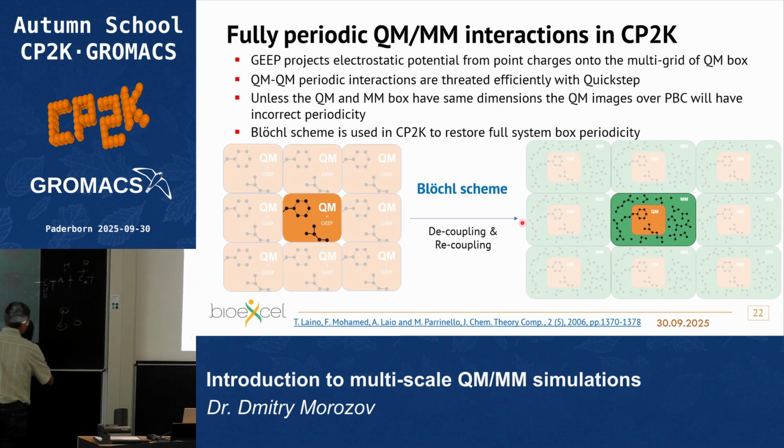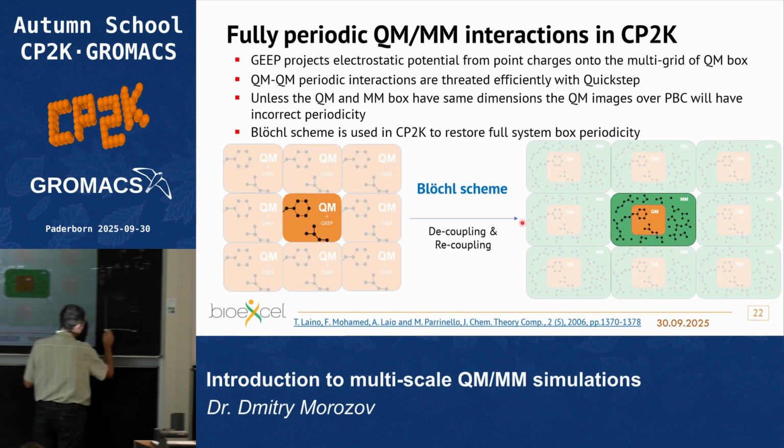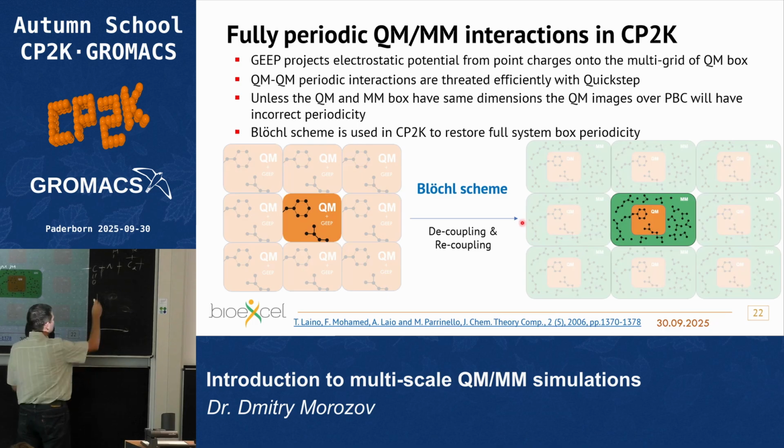Yes, I need to draw it back. So basically, this is your coordinate system, x, y, z. The thing is on this 0 point, and GROMACS considers that your box is going